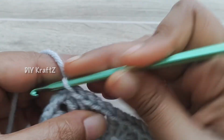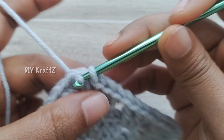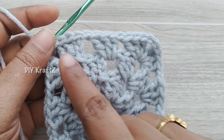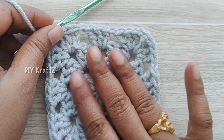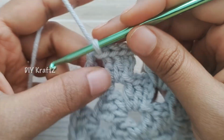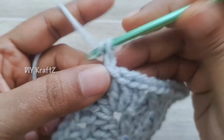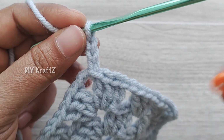In the corner we are going to make a granny cluster increase, and on the sides you will make only a granny cluster in chain 1. So that's the first row, second and third row. You will have granny clusters and gaps alternately. So where you have a gap, there you will have a stitch, and wherever you have a stitch, there you will have a gap. So for the fourth row, begin with chain 3 and put a stitch marker in your third chain,